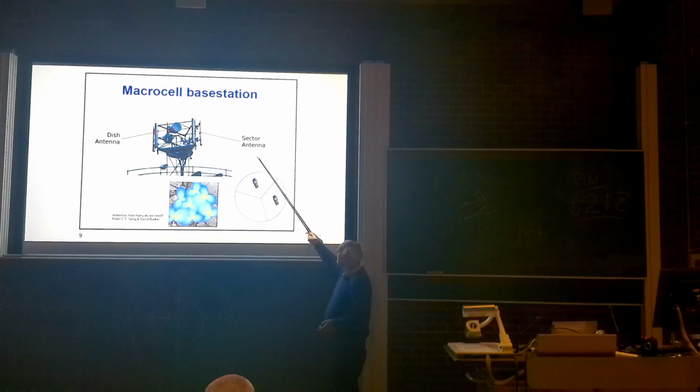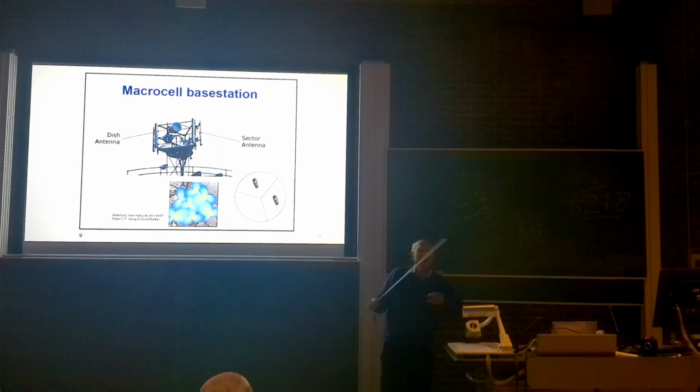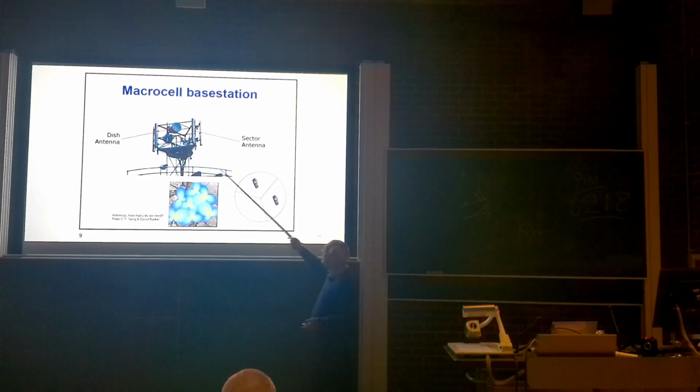So here you can see the sector antennas, which I mentioned around the top, and these dish antennas are used for microwave links to interconnect between the base stations or connect them up to the system. When you look carefully, you'll often see them pointing in various directions, though they may actually be piggybacking a microwave link, receiving it there and transmitting it that way. So it's quite a complicated system which you have to deal with.